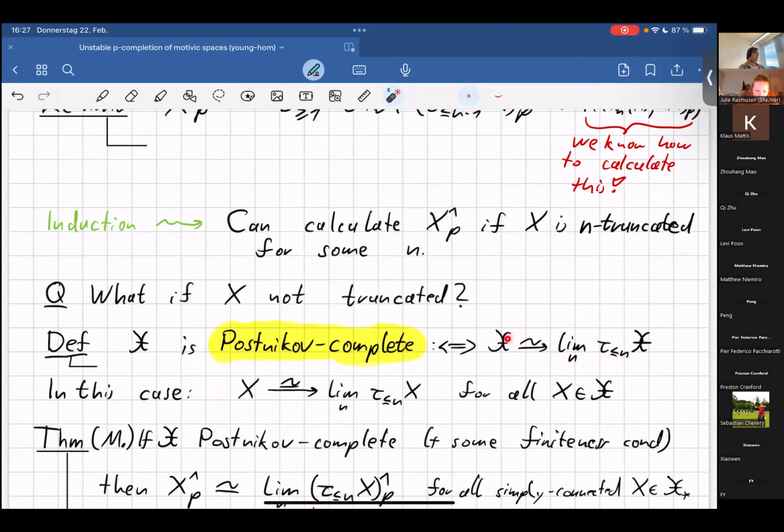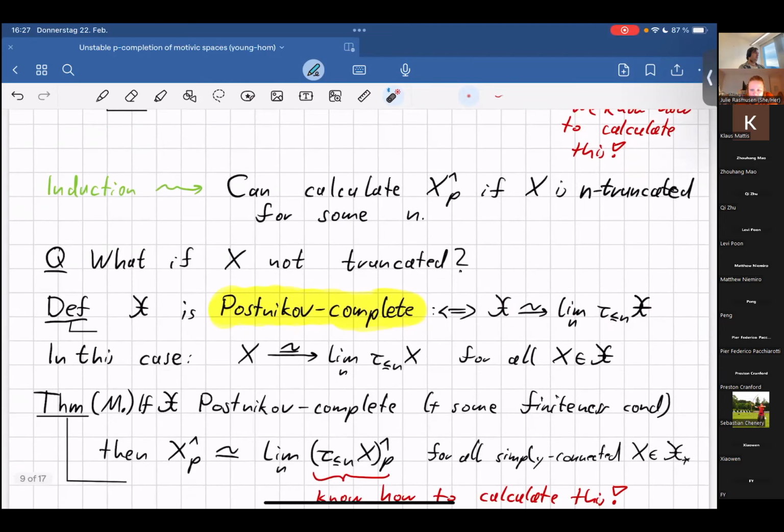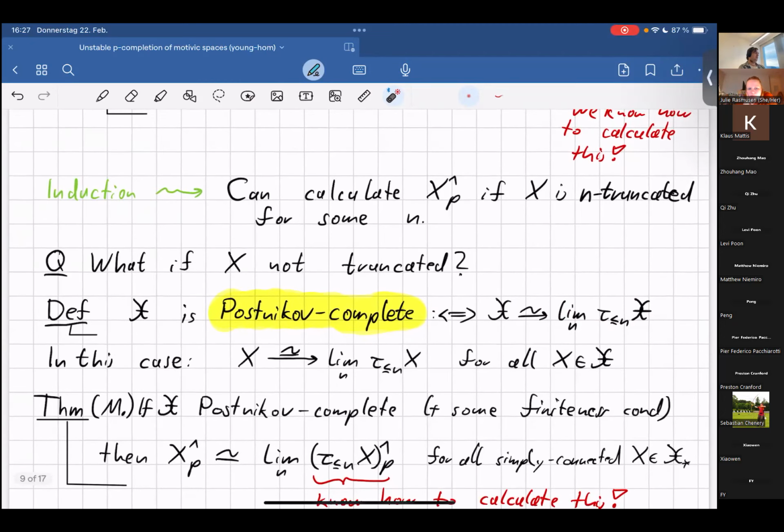So the morphism from here to here is just induced by going from X to the n-truncated objects by n-truncation on each component. And then this gives you a map, and you require this map to be an equivalence. And if we are Postnikov complete, then we can write every,